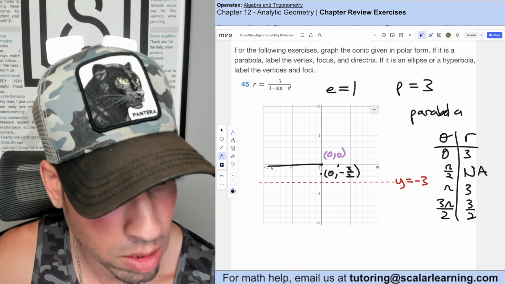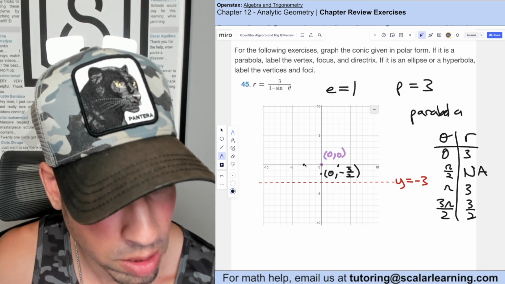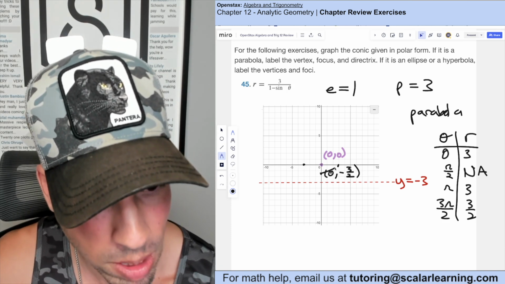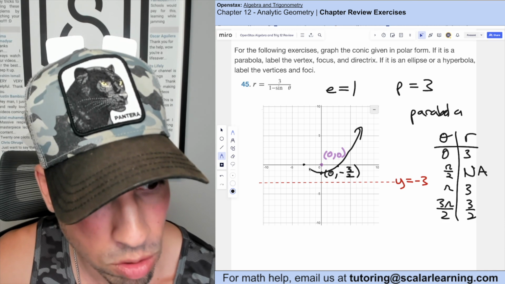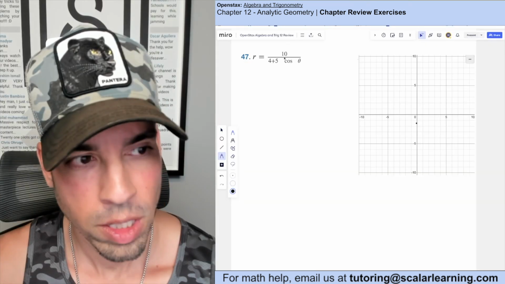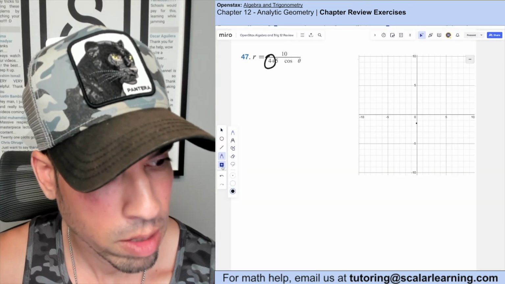Pi is going this way, and there's 3, which really is 0, -3. That gives us enough to make a nice graph. And that's how you do it. Done. So for this one, we're going to start by getting it into standard form by converting that to a